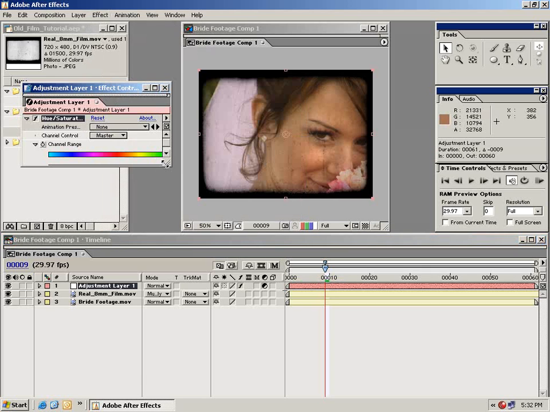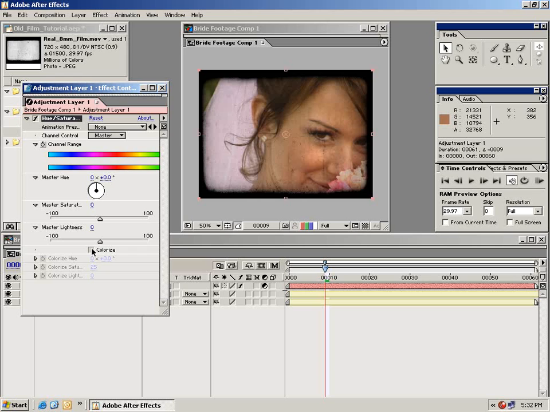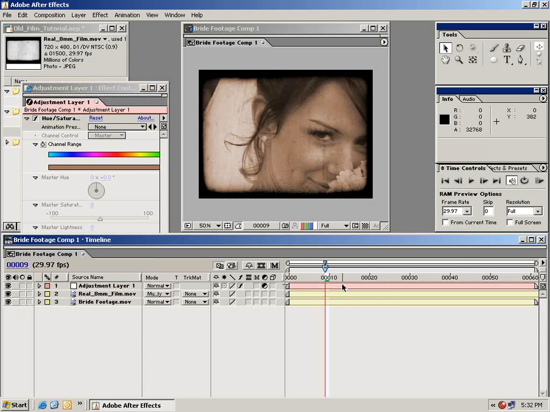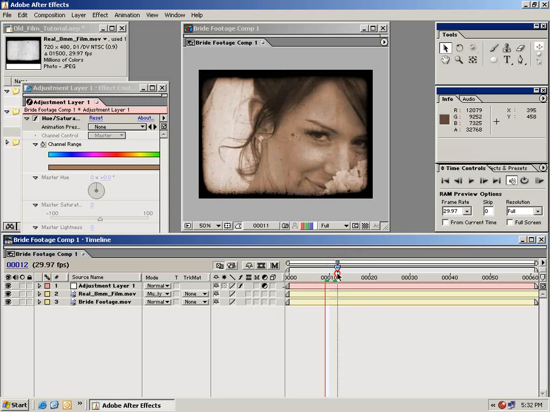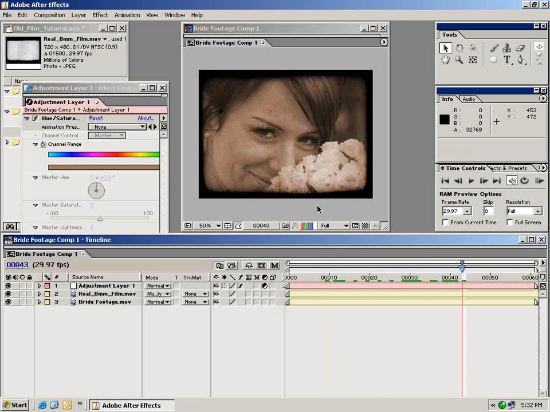Now inside of this effect, we're going to click on the Colorize box, which is going to turn on a tinting mode. And let's go ahead and change the hue to about 25. And that kind of gives us a nice old look. And the saturation at 25 looks pretty good. So right away we get a really nice look, but we can also take this another step forward and blur